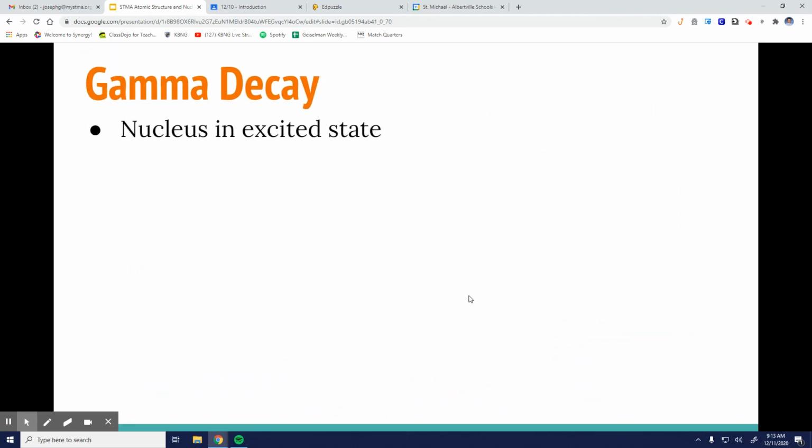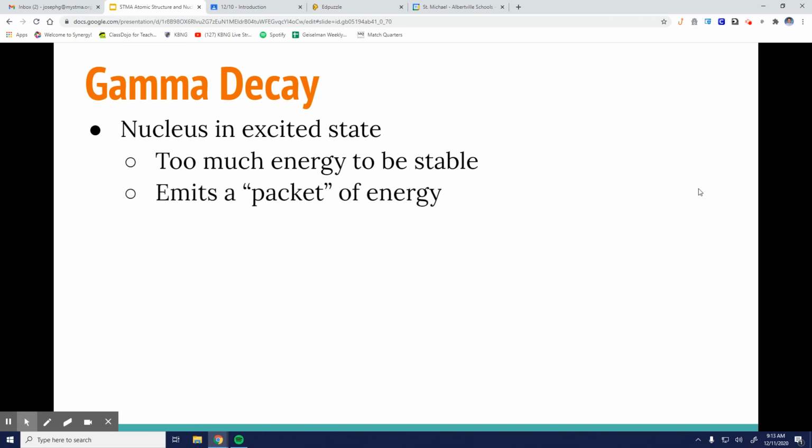or it can cause the cells to not function properly, and that can lead to things like cancer. So gamma decay is when the nucleus is in an excited state. It's got a lot of energy and it needs to get rid of it. To get rid of that energy, it's just got to release it at some point, and that will make it more stable. It emits that packet of energy, or that photon, the gamma ray,